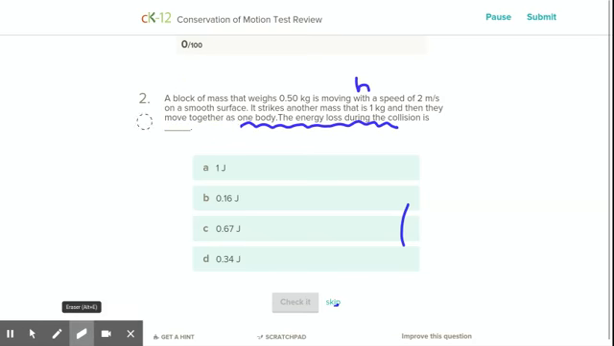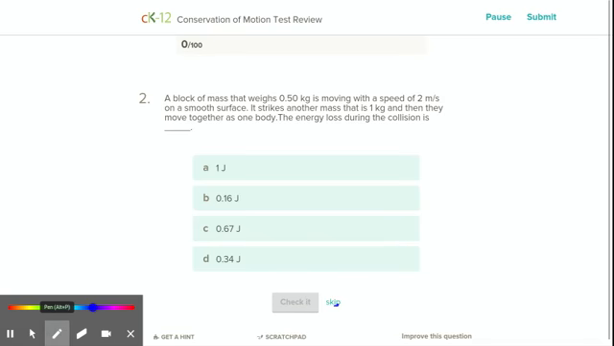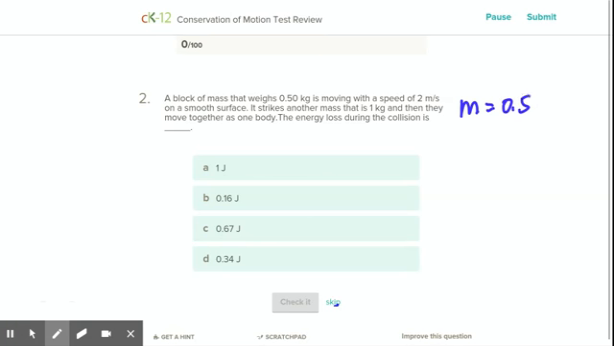All right. Question number 2. A block of mass 0.5 kilograms. So mass is 0.5, right? And then with a speed, so velocity is 2 meters per second, on a smooth surface, it strikes another mass. Okay, so this is mass 1 and V1. It strikes another mass that is 1 kilogram, so M2 is 1 kilogram. And then they move together as one body. The energy lost during the collision is,